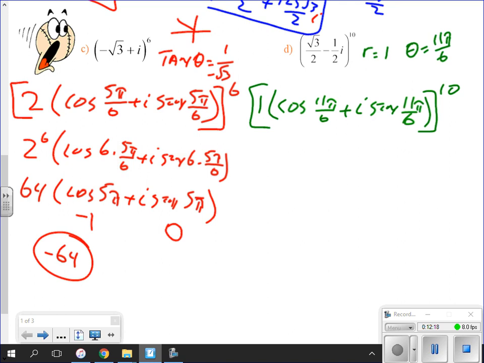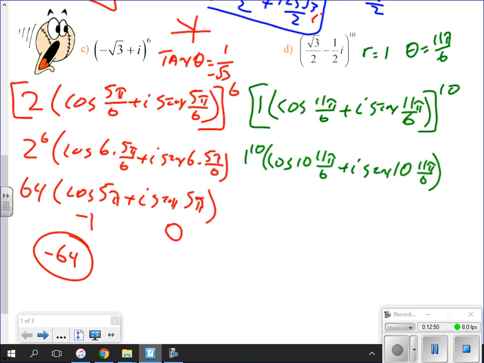Well, that means I have 1 to the 10th, cosine of 10 times 11 pi over 6 plus i sine 10 times 11 pi over 6. Well, 1 to the 10th is 1. 10 times 11 pi over 6. Well, 6 and 10 reduce by 2. Right, so I get